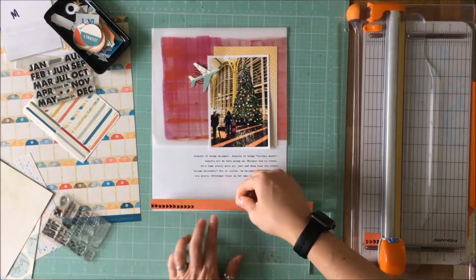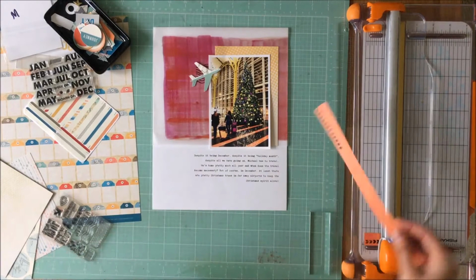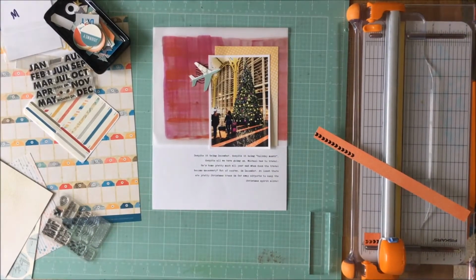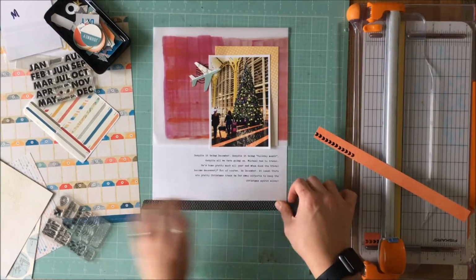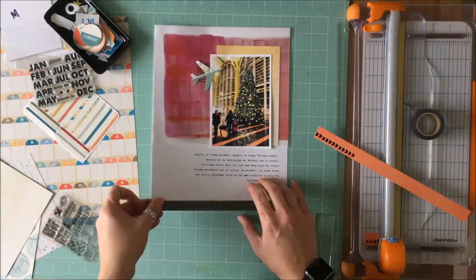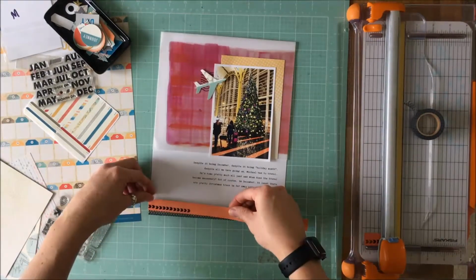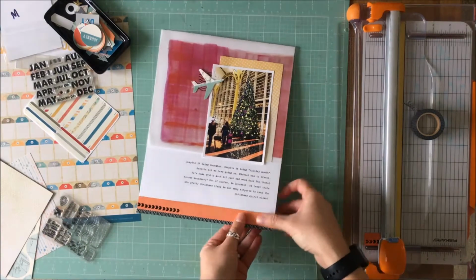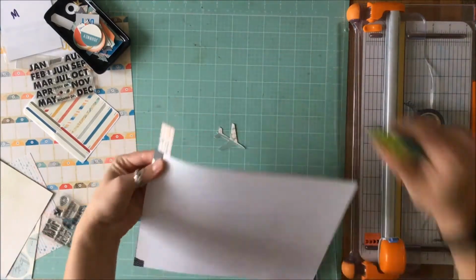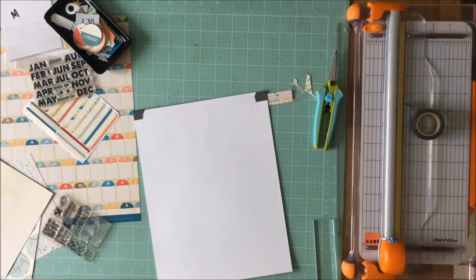and then put that at the bottom of the page. But what I decided was that I wanted just a little bit more black, and so this kit came with some Cocoa Daisy exclusive washi. So I put that on the bottom just for a thin line, and you can see how that weights the page much better. So it isn't all just sitting at the top and there's some stuff down the bottom there. So I'm going to trim that off,